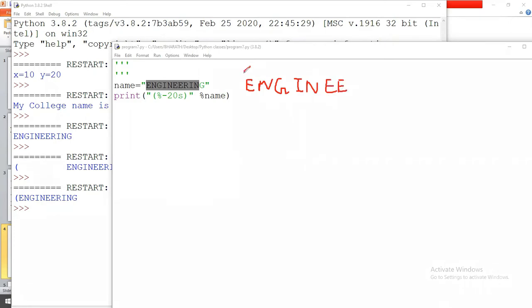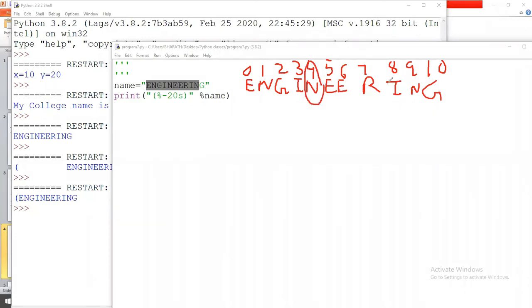That means this is the 0th index, then 1, 2, 3, 4, 5, 6, 7, 8, 9, 10. Seven is R, then I, N, G. Now I want to print only one character. For example, the character at the 4th index.